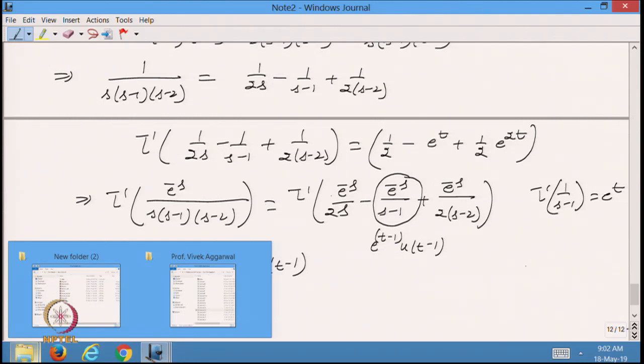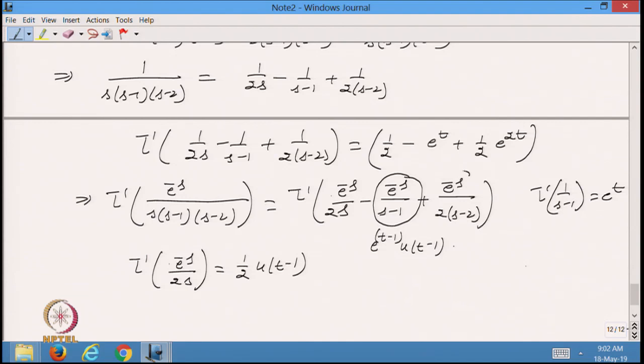Then the Laplace inverse of this function will be 1 by 2 e raised to power 2(t-1) u(t-1). So, this will be there. So, from here if I find the Laplace inverse, if I just write here directly,